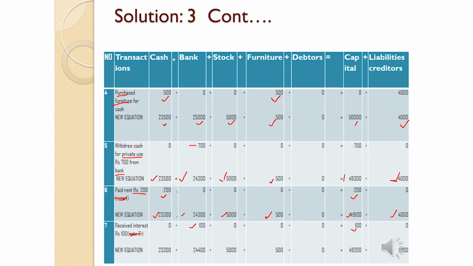Okay, the total of this is 49,200 plus 4,000, 53,200. So the total is 53,200. Here 23,300 plus 24,400 plus 5,500, totally 53,200. So the total of the equation should be equal here. Okay, the next